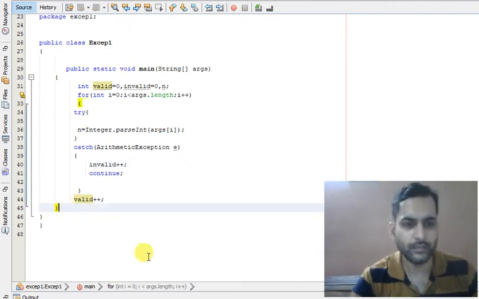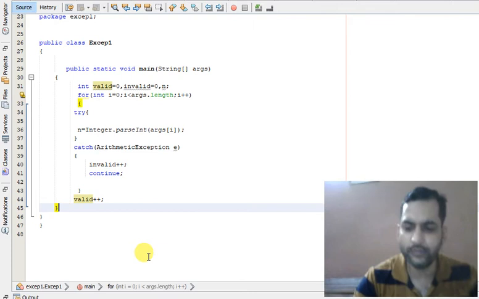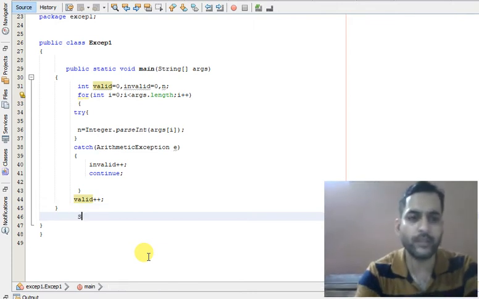Now let us print the values of valid and invalid arguments.